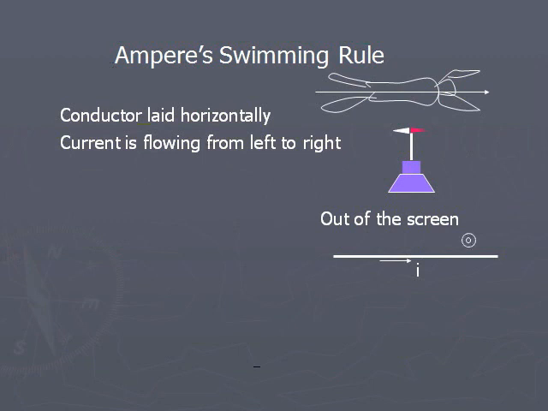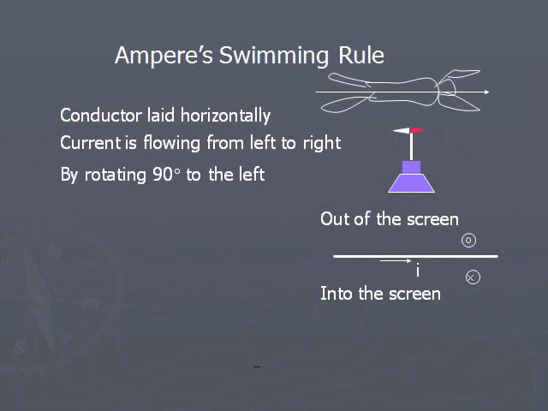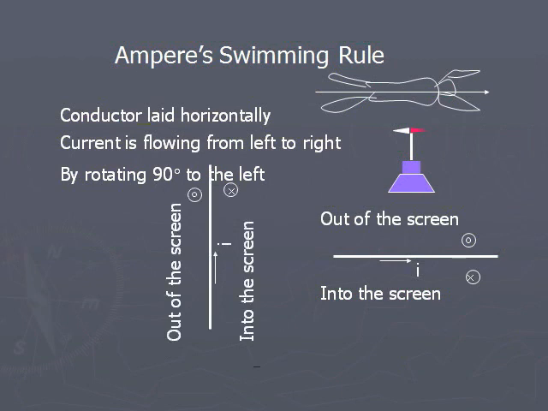By rotating this conductor figure in different directions, you can memorize the directions of the magnetic field. We have to imagine a circle which is coming out of the screen above this conductor and going into the screen below the conductor. Like this, memorize the concept by rotating this conductor in different directions.